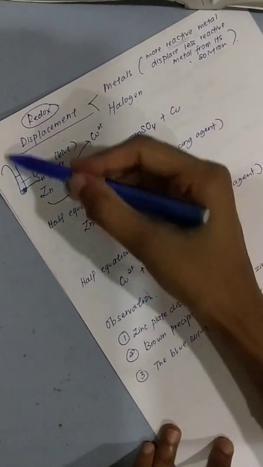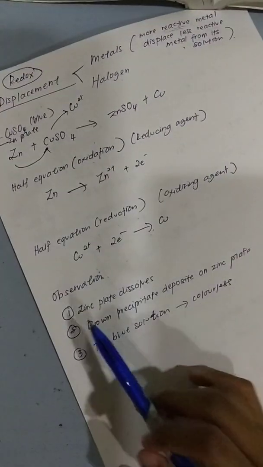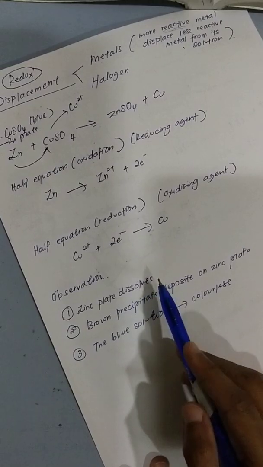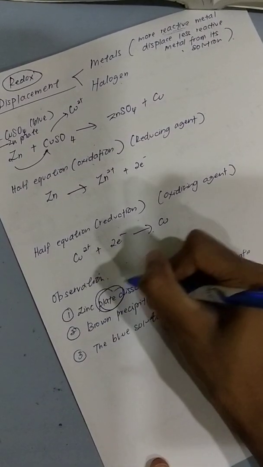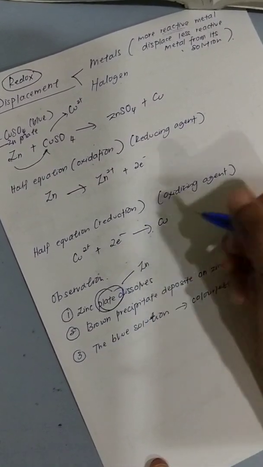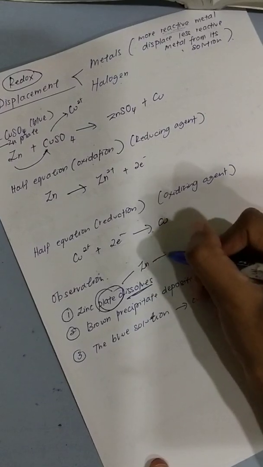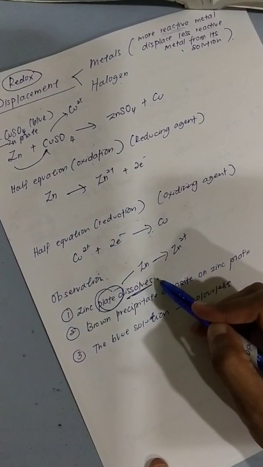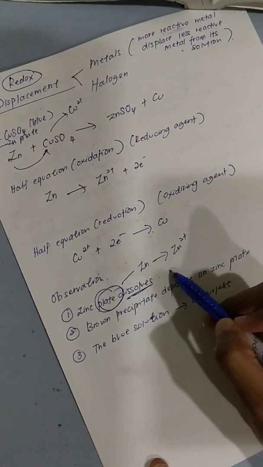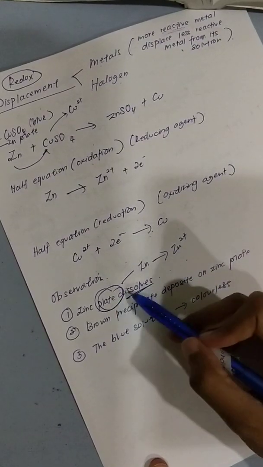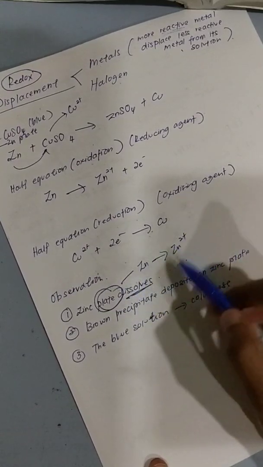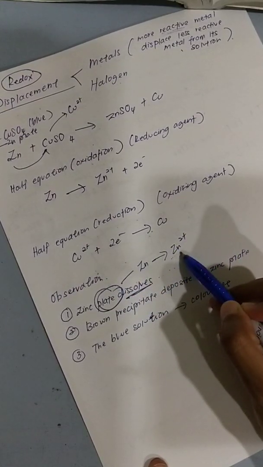So for your observation over here, there are actually 3 observations. First, your zinc plate will dissolve. Why does the zinc plate dissolve? Because the zinc plate is actually made of zinc atoms. Dissolves means what? It becomes like this, right? You have learned all these terms in your electrochemistry. So it becomes thinner. The zinc plate dissolves and becomes thinner because the atoms are oxidized into Zn2+ ions.